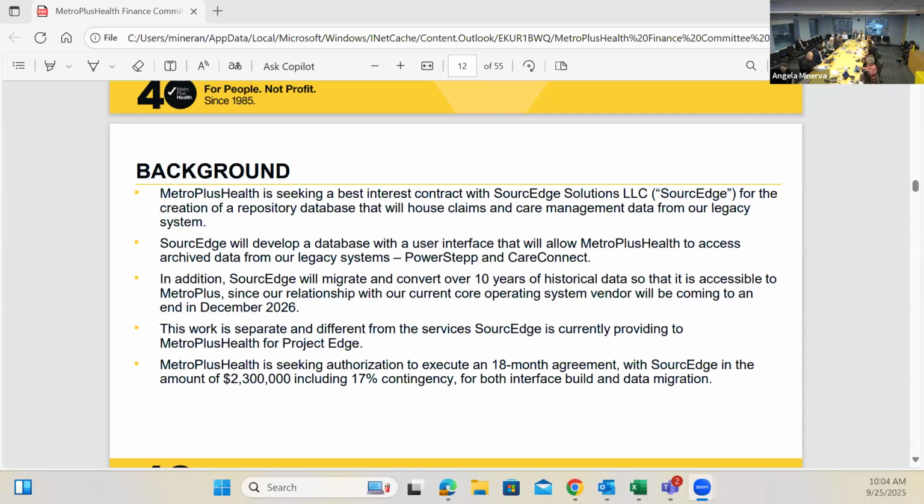that we have at the minimum 10 years of data to be able to refer back to it for claims data. And so that is not part of our scope as part of the Health Edge program. So what we've done is we've asked Source Edge, who is a partner with us currently, that is migrating, doing the conversion and migrating our data from our legacy system to the current system, to also develop a database and a user interface so that we can have access to this old data. So it is different than the current work that Source Edge is doing, but they are going to build this